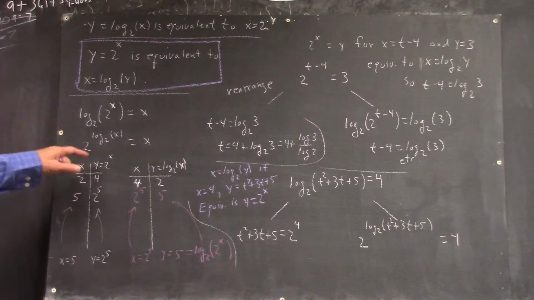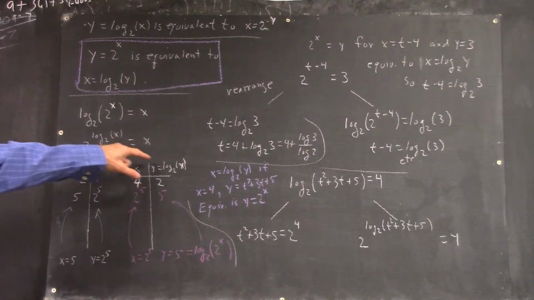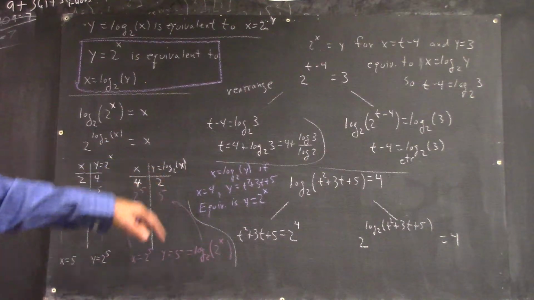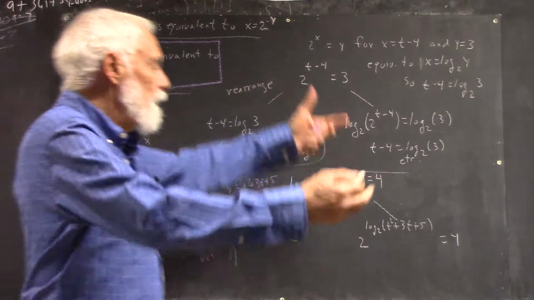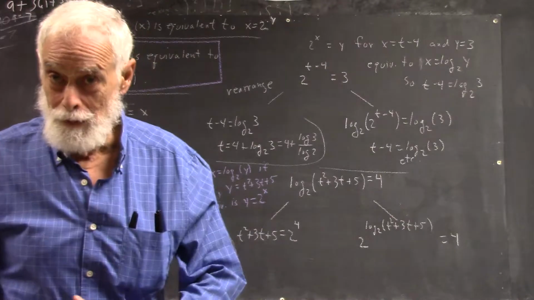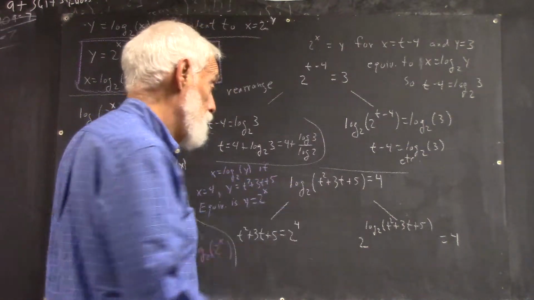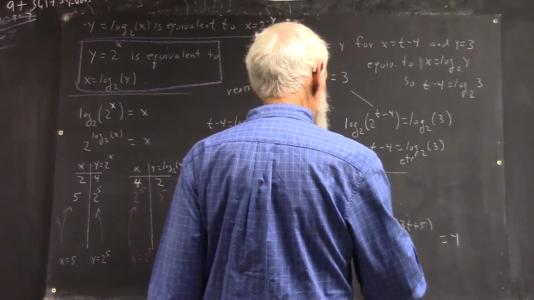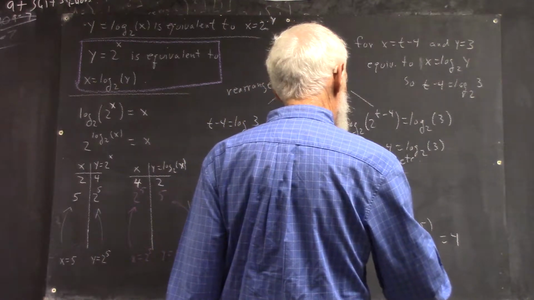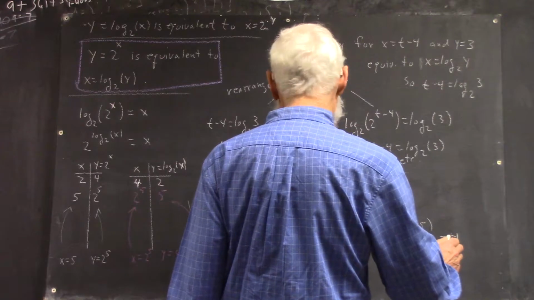And using the property that 2 to the log base 2 of whatever equals whatever. In other words, the 2 to the x function undoes the log function, right? So this function undoes this function, and we get t squared plus 3t plus 5 equals, and it's not 4,